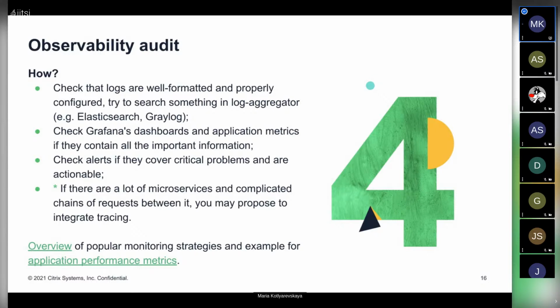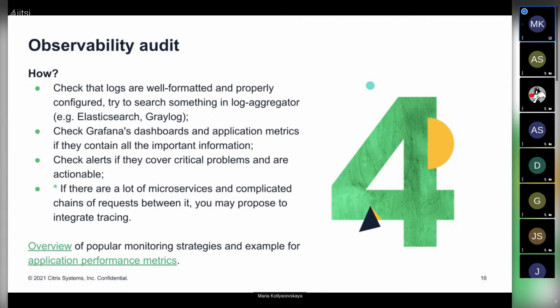If you have a web application, you can start from the count of requests, their duration, count of errors, count of users, and so on. And if you have, I don't know, maybe a queue service, you can just count the number of events that are waiting, that are processed, and so on, and build a simple Grafana dashboard that developers can check in case of any problems on production or any other environment.